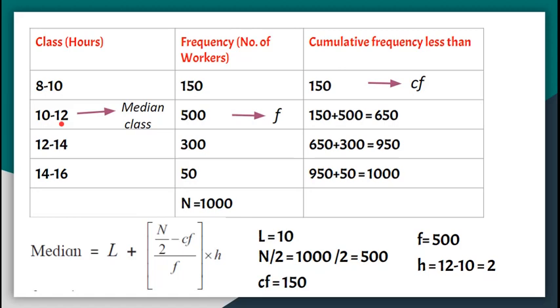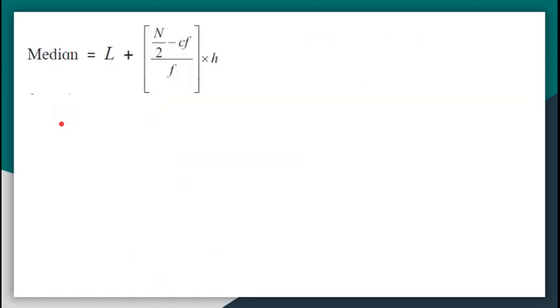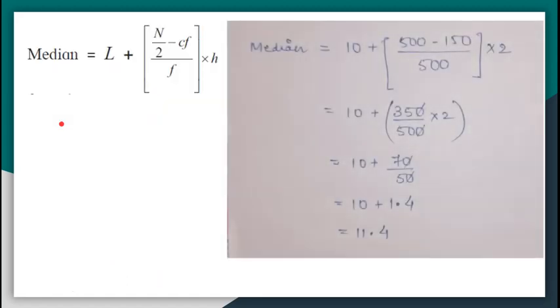Okay, so now we have got all these values. What we have to do is just substitute it back in the formula. I put them back in the formula. First step is just substitution. तो मैंने सारी values put कर दी यहाँ पे. I hope this is clear to everyone. इसके बाद please remember you have to follow the BODMAS rules. The first thing you will do is you will solve the bracket.